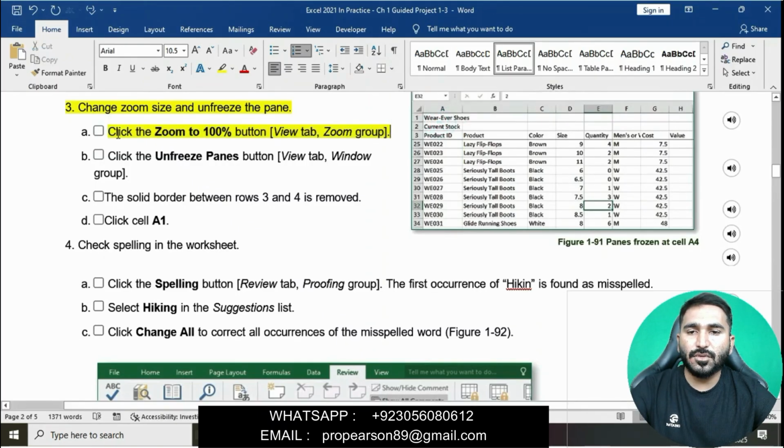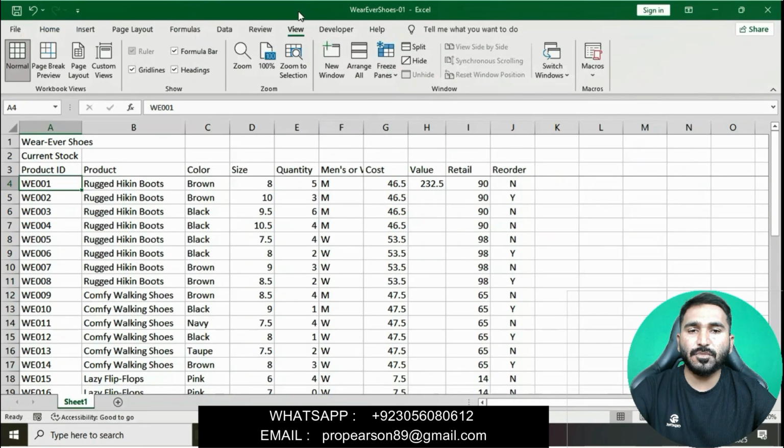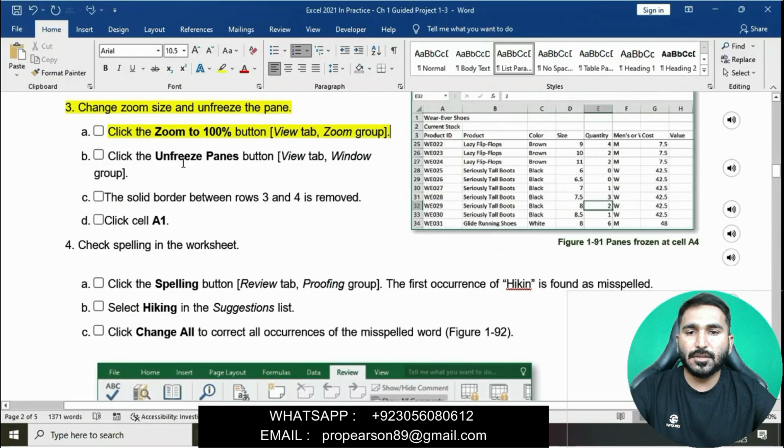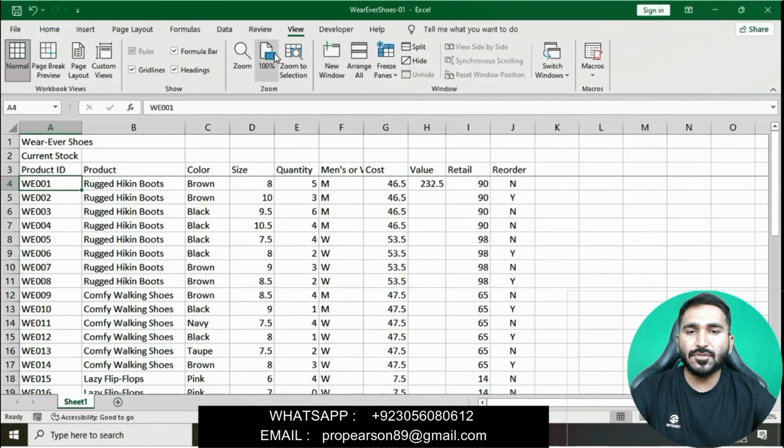Go to the View tab in the Zoom group, click on Zoom, and then click on the 100% button.